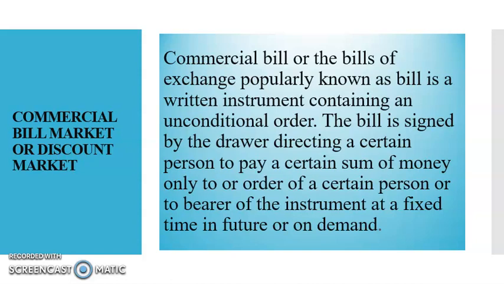Now this commercial bill market can be divided into two: discount market and acceptance market. In discount market, the bills are discounted by financial intermediaries like banks. And in acceptance market, these financial institutions provide guarantee for such bills, so they stand as a guarantor for the entities, especially in case of import and export, where the bank stands as a guarantor for the importer.